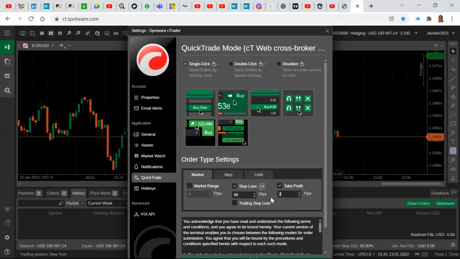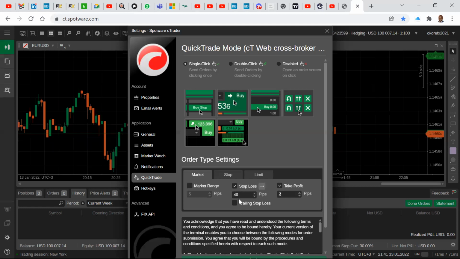That is true, but you'll understand with time why you're shooting for 2 when you're risking 40. All right, so that's what we want. For now, let's forget about this stop and limit. Those are other types of orders, which we shall talk about with time.